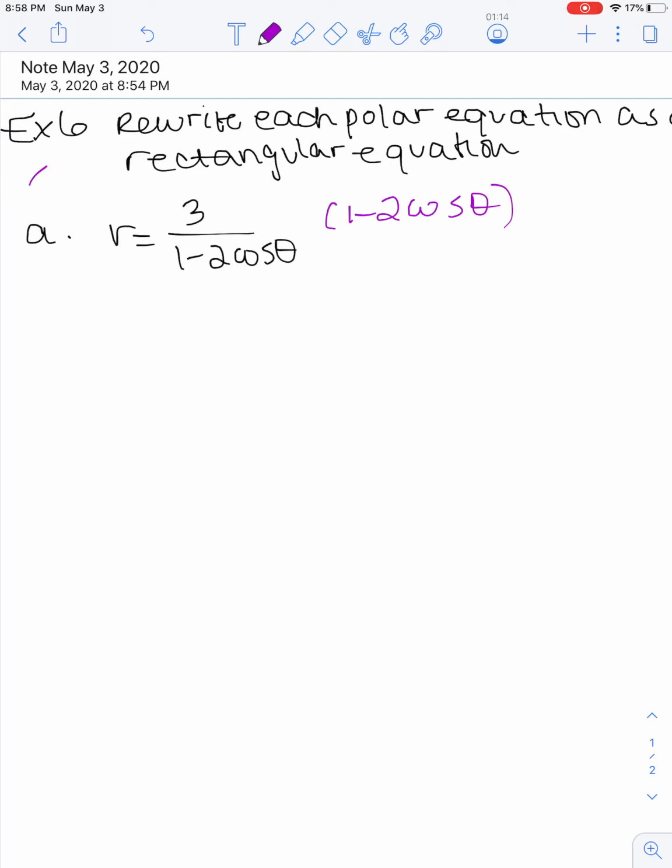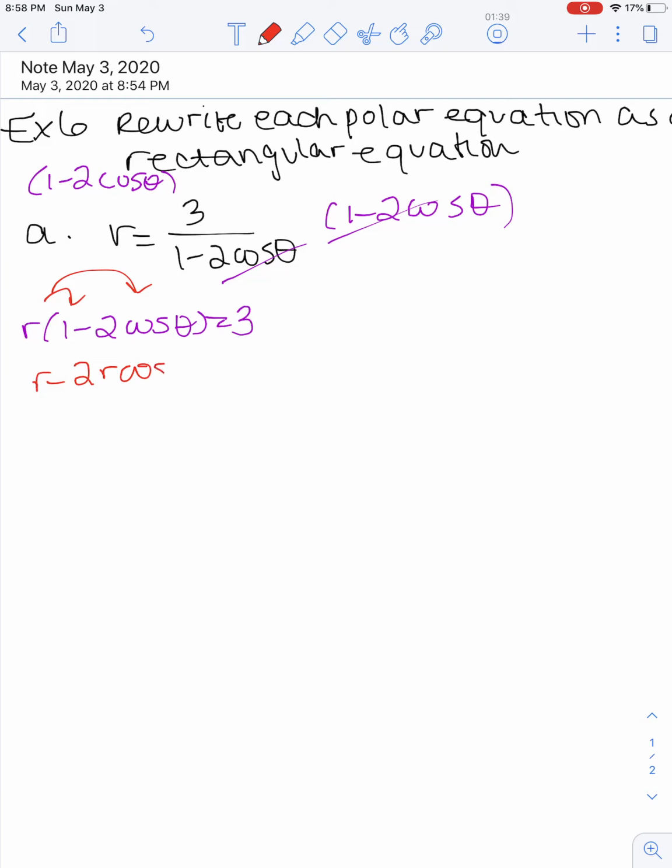Okay, so in doing that, I clear the denominator on the right hand side, and then I end up with r times 1 minus 2 cosine theta equals 3. I can then go ahead and distribute that r, and that gives me r minus 2r